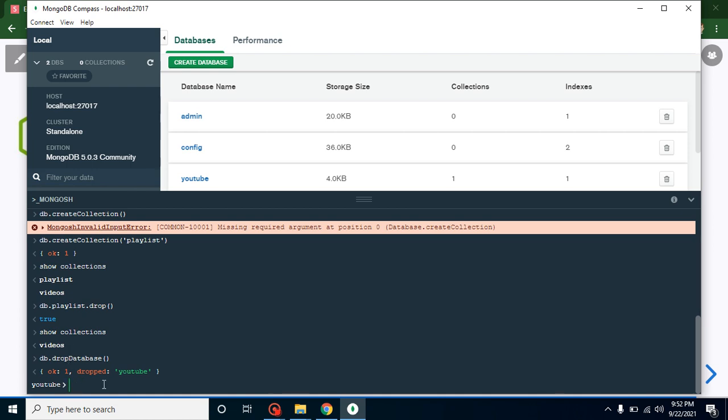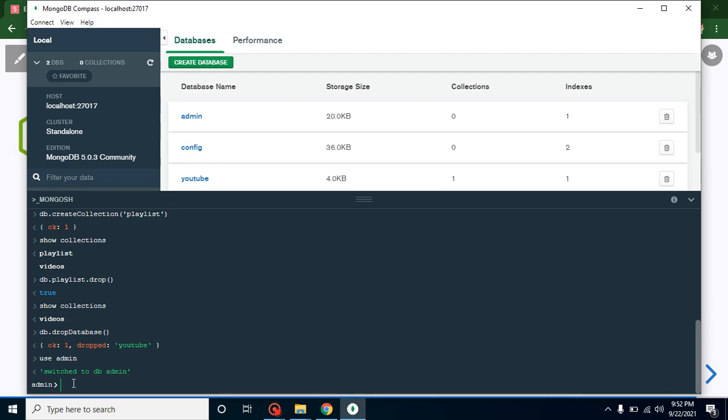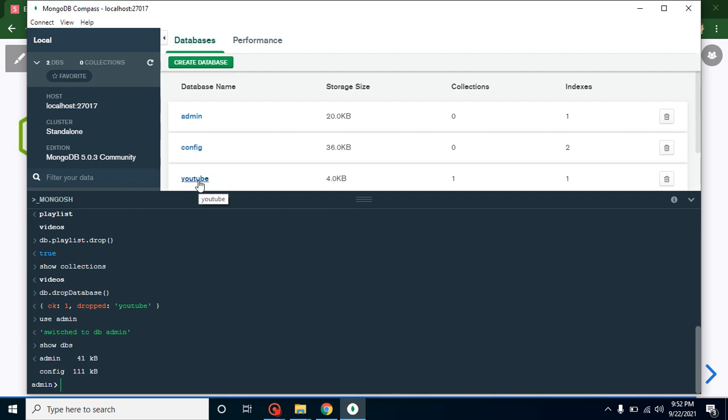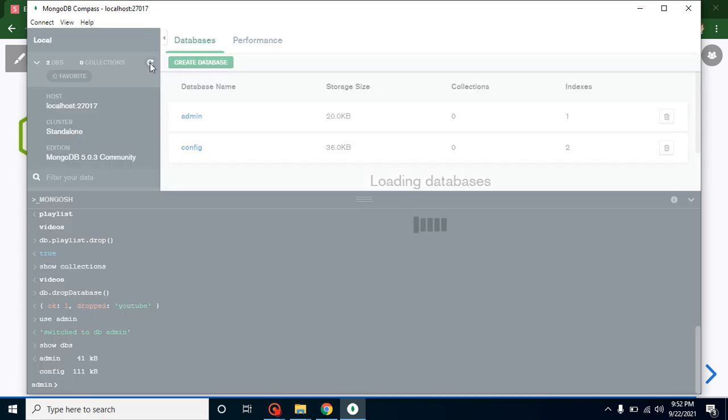If I go to use admin, then we will switch and we don't have this database. Show dbs, and now you can see that we don't have any YouTube database, but here we still have the YouTube database in our GUI. We can refresh it and now you will find it is also removed from here.